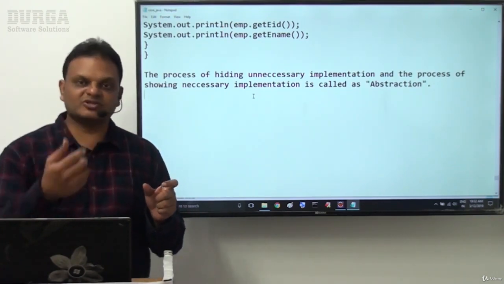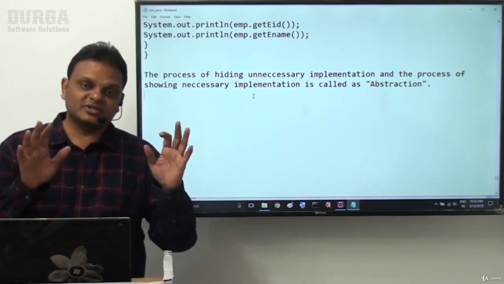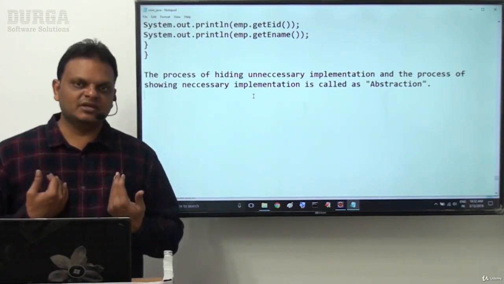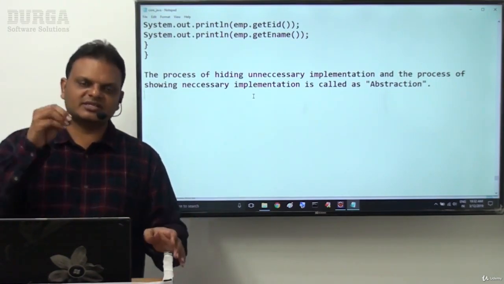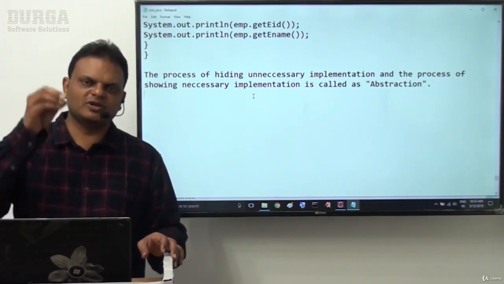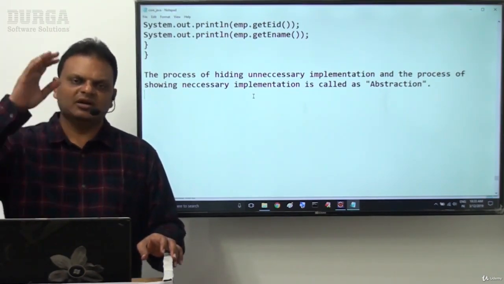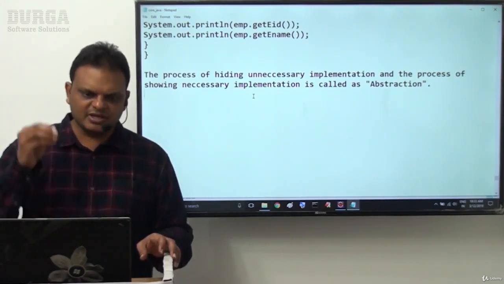The camera is visible, SIM cards are not visible. So what is the meaning of it? Things which are required for the user are visible. Things which are not required for the user will be hidden. So this is exactly the meaning of abstraction. Abstraction does not mean only hiding. Abstraction is nothing but the necessary implementation must be visible and unnecessary implementation must be hidden.